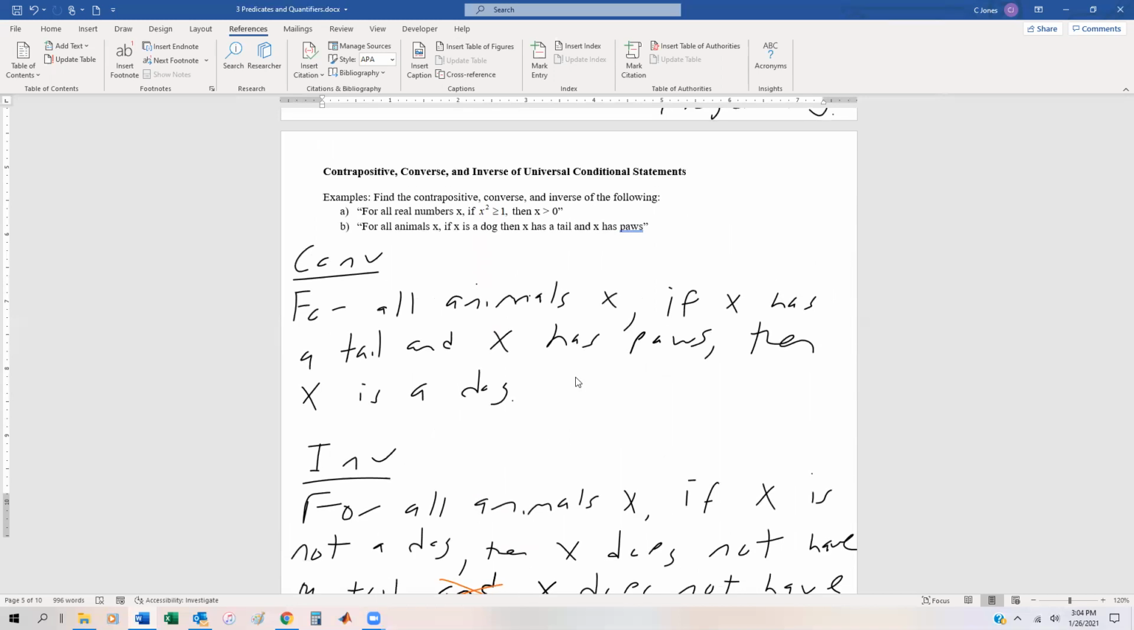Now, in the next section, we're going to take a look at multiple quantifiers. What happens if you have a statement with the existential as well as the universal quantifier within it? How do we write that? And then also, how do we negate